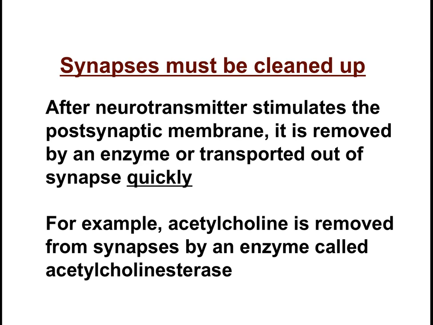So in order to free up that place, that receptor site, you have to have an enzyme that will degrade or break down the neurotransmitter. So all of the neurotransmitters have a corresponding enzyme to break them down. In the case of acetylcholine, that is a neurotransmitter that will be released from axon to dendrite that will result in muscle contractions. Well, in order to have further subsequent muscle contractions, you have to break down the acetylcholine. An enzyme called acetylcholinesterase is responsible for breaking down acetylcholine and thus freeing up the receptor site on the dendrite.